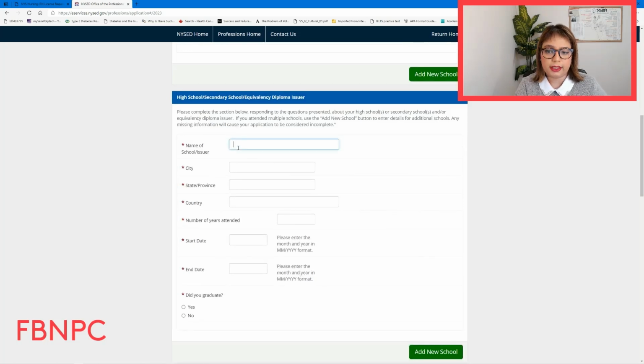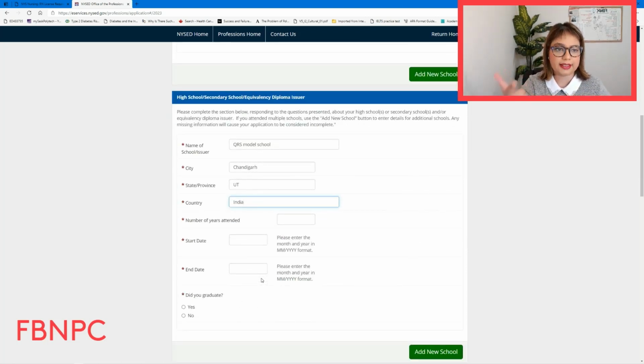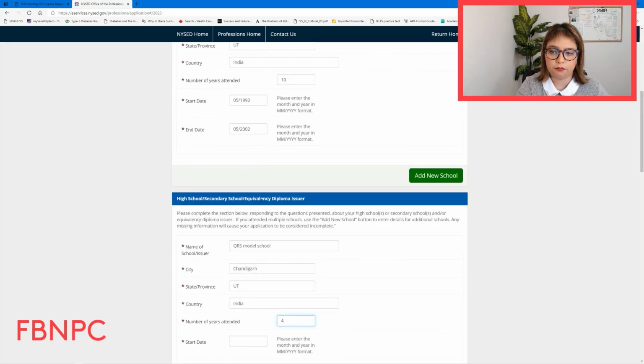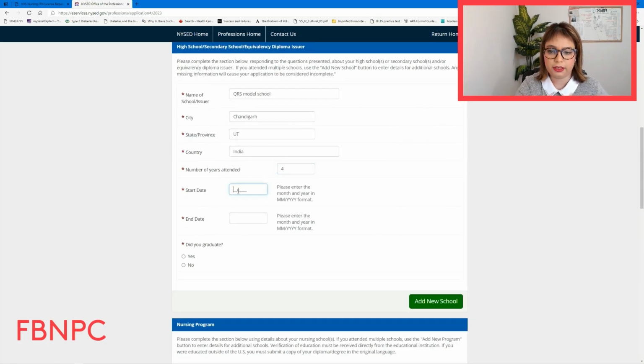So then next is the higher secondary, right? So again, the name of the school, I'm just gonna say QRS Model School, right? Let's just say city, again, I'm just gonna put Chandigarh to pretend, right? And then UT and country India. And then your high school is primarily 9, 10, 11, 12, right? So number of years attended 4. So let's just say he ended the primary school here on 5/2002. So I'm just gonna pretend he started on 06 and 2002. And then 4 years was like 06,